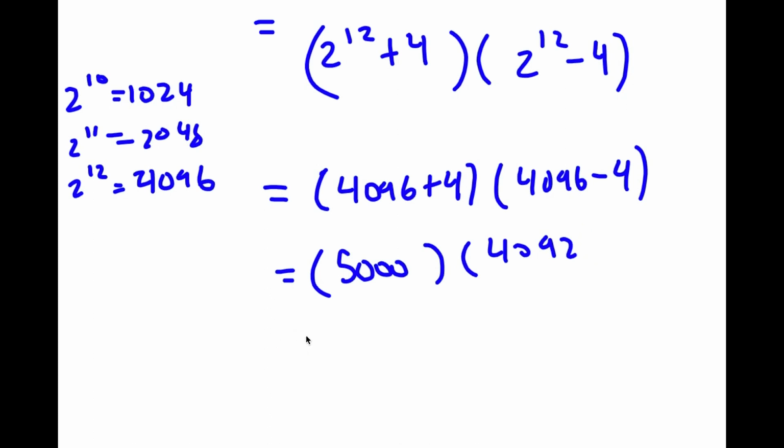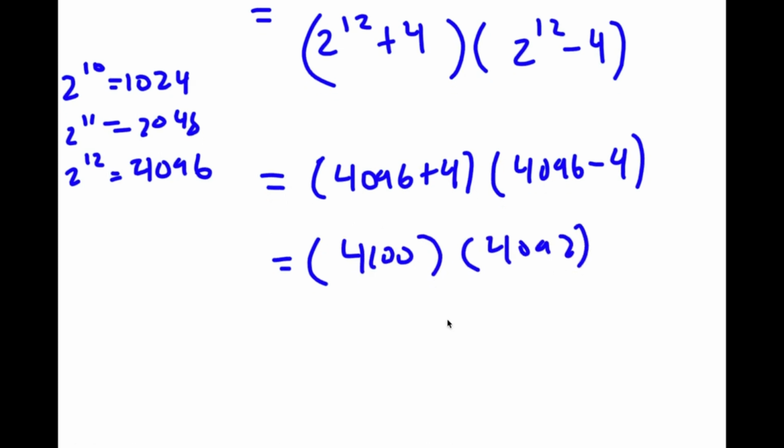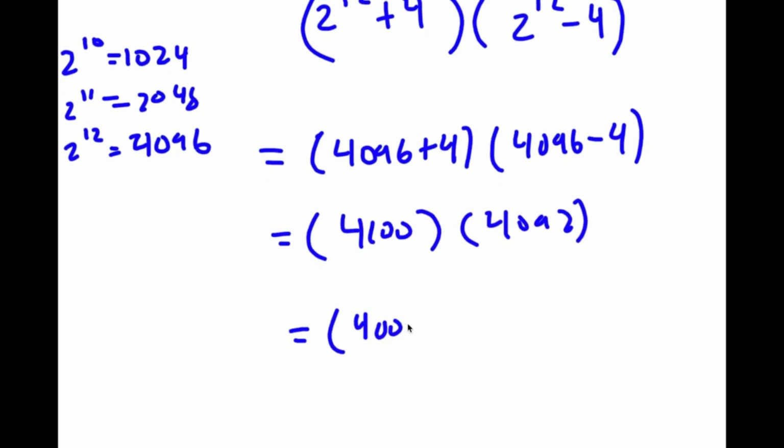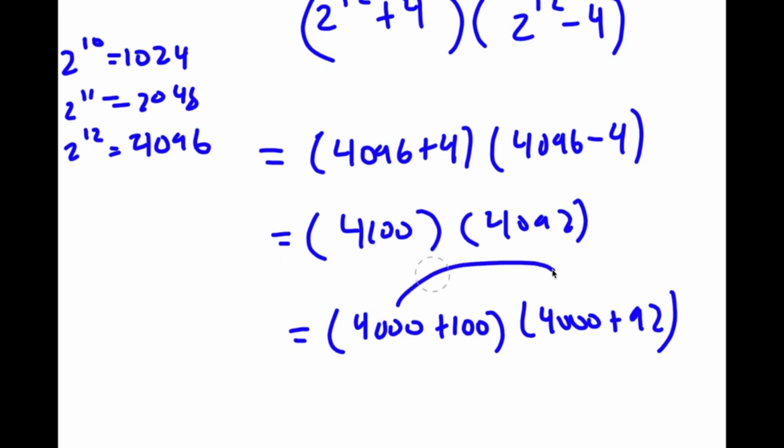Sorry, this is the same thing as 4100 times 4092, which is the same thing as 4000 plus 100 times 4000 plus 92. So now to solve this, I'm simply going to just distribute. So I have 4000 here. If I distribute,